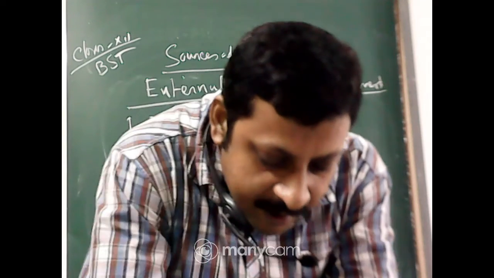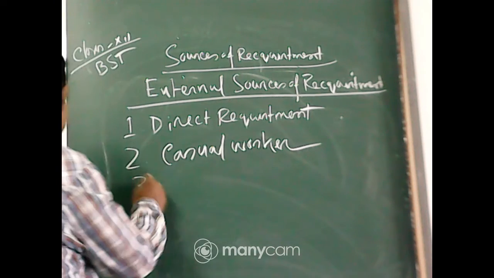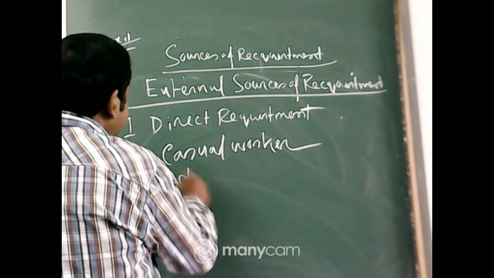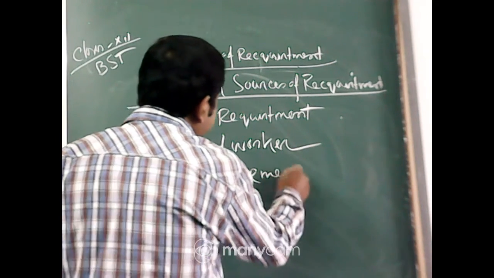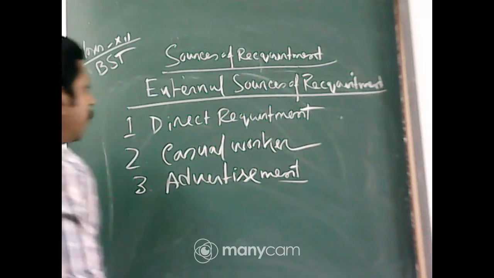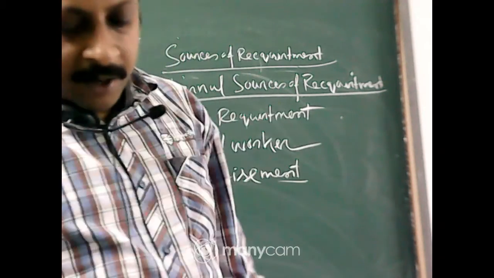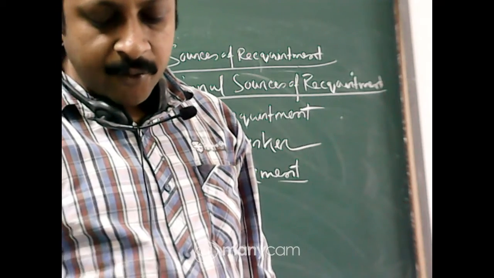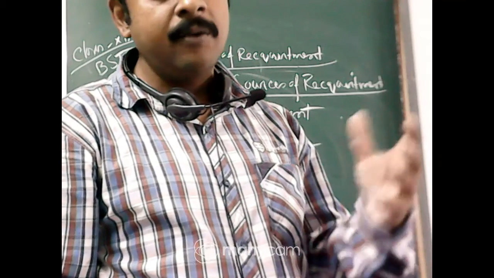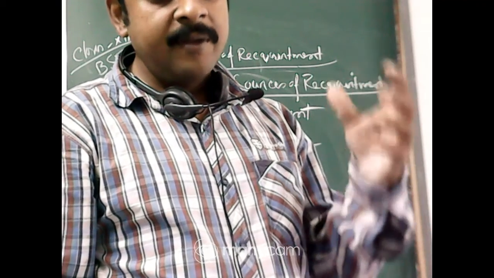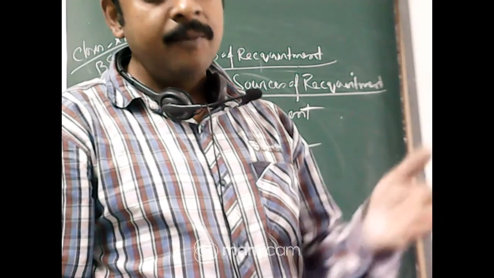Now number 3 is advertisement. There is another way you can recruit people, that is advertisement. Advertisement is a very popular source of external recruitment, because advertisement in newspapers or other means is used when a wider choice is required. When lots of applications are required, and very qualified, very senior persons are required, they advertise in the